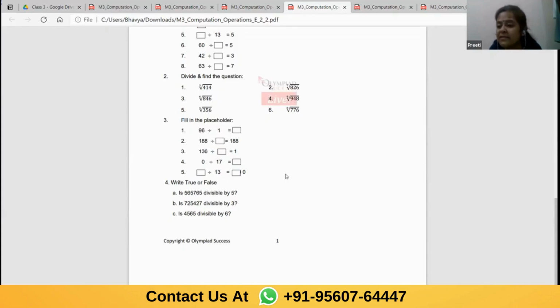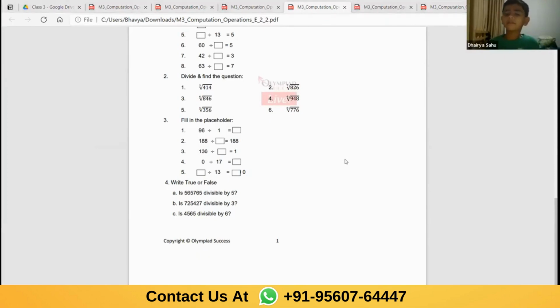but in the table of 2, always an even number comes. So the numbers which come both in the table of 2 and in the table of 3, only those numbers come in the table of 6. Like 12, 6 twos are 12, and 12 belongs to both the tables of 2 and 3. 18, 6 threes are 18, and 18 belongs to both. So it is always like that. The number which belongs to both the table of 2 and 3, only that number will come in the table of 6.